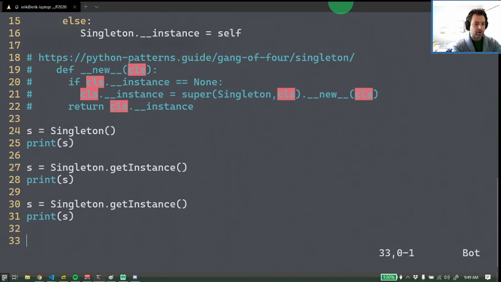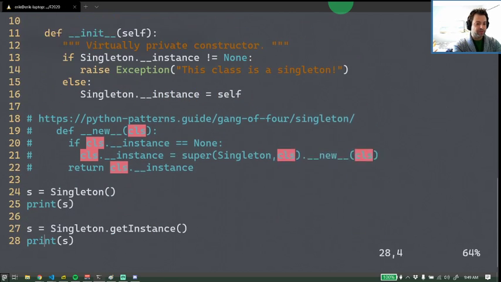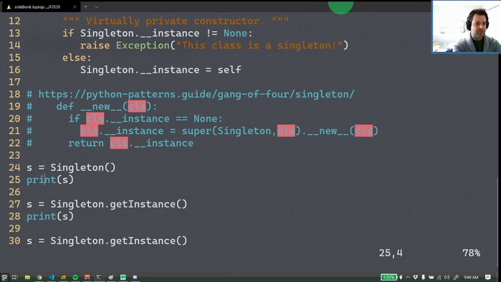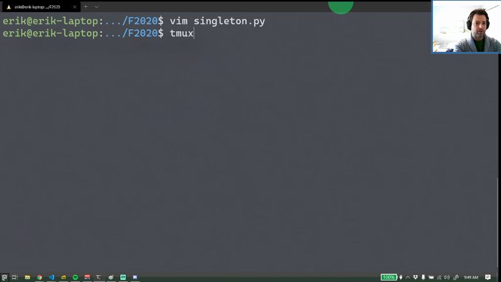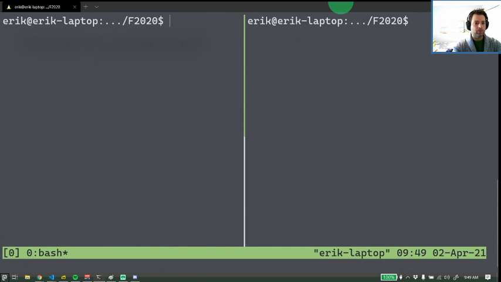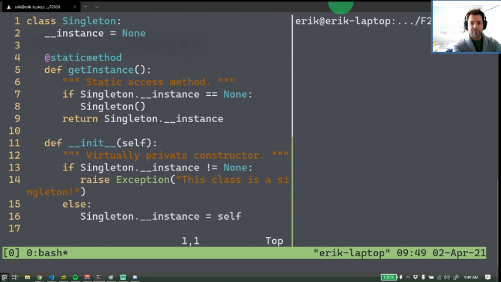and I have some calls to singleton. All right, so I want to call the singleton class, and I'm just going to print it out, and I'm going to call it multiple times here. All right, so let me actually do this. Let's do a double singleton. A tmux screen going.